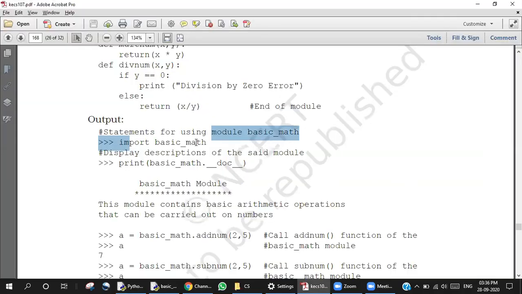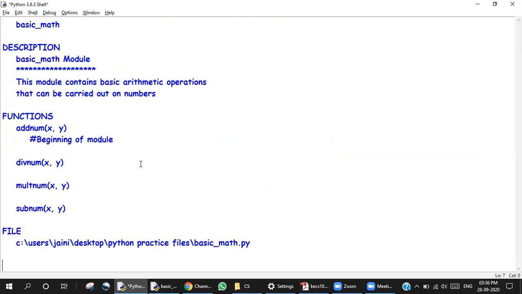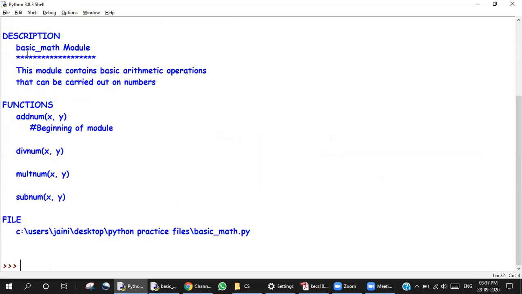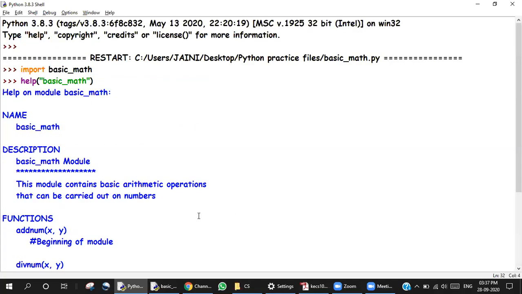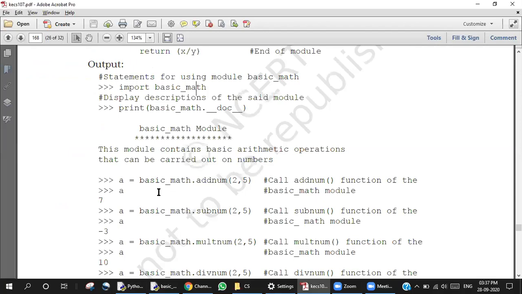Then I can use the help function to see this, and this was the description that we had given to the module. These are all the functions that I have, and this is the file. Now let's see if I can use it.